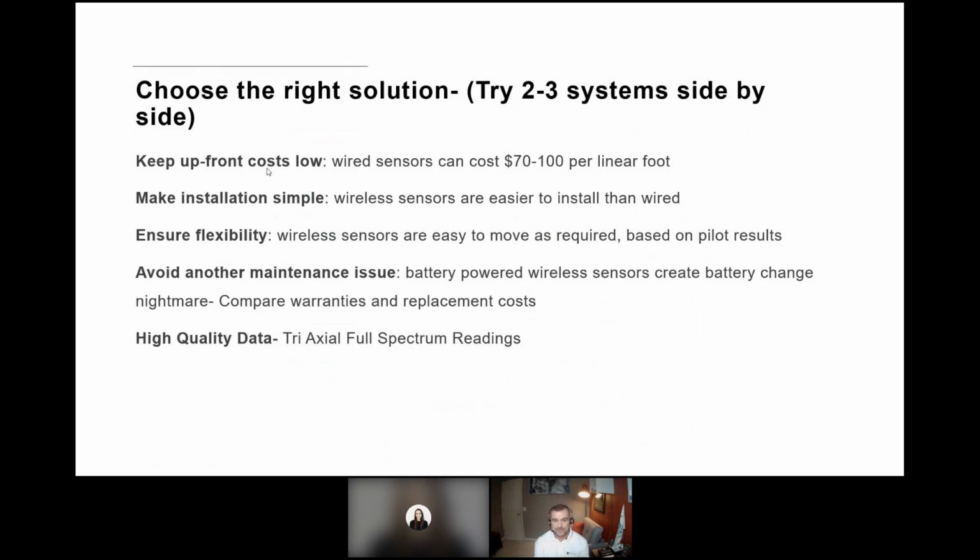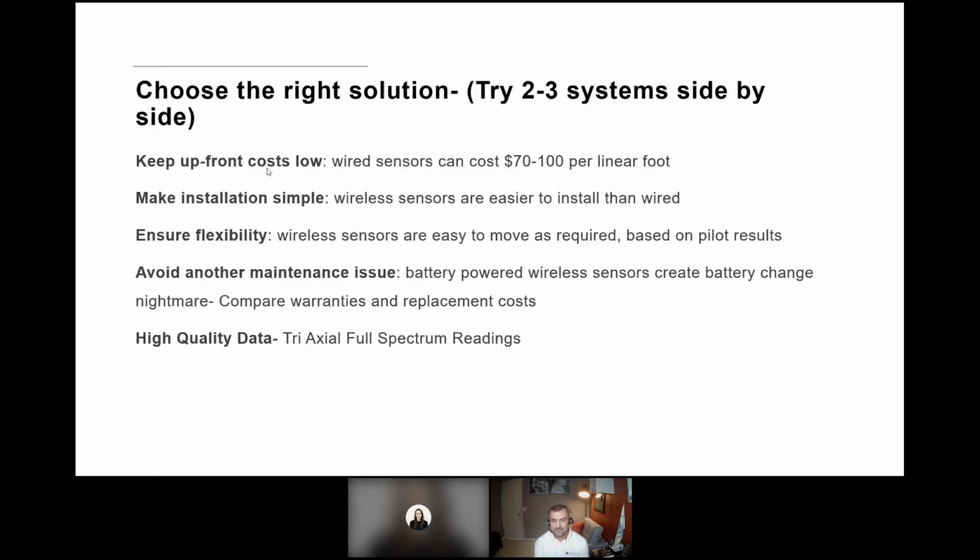You also want to focus on the battery life. Let's say you're going with wireless: understand the warranties behind it, the maintenance responsibilities behind it, and what the estimated battery life is. Just compare and contrast between the companies that you're looking at.